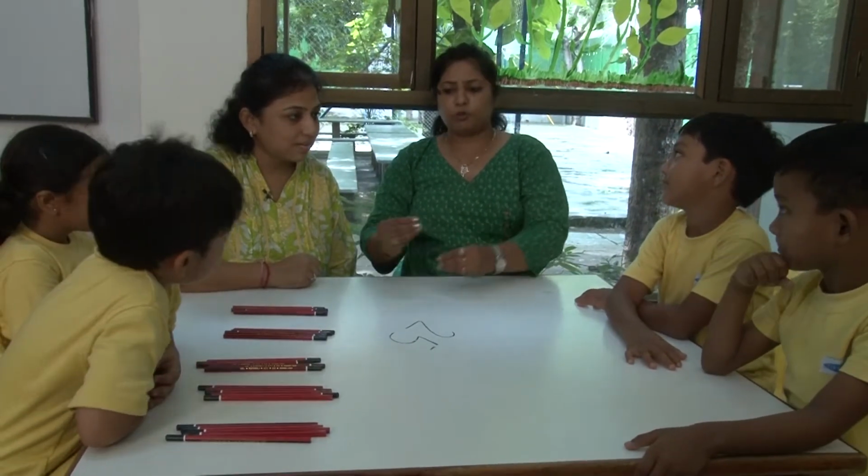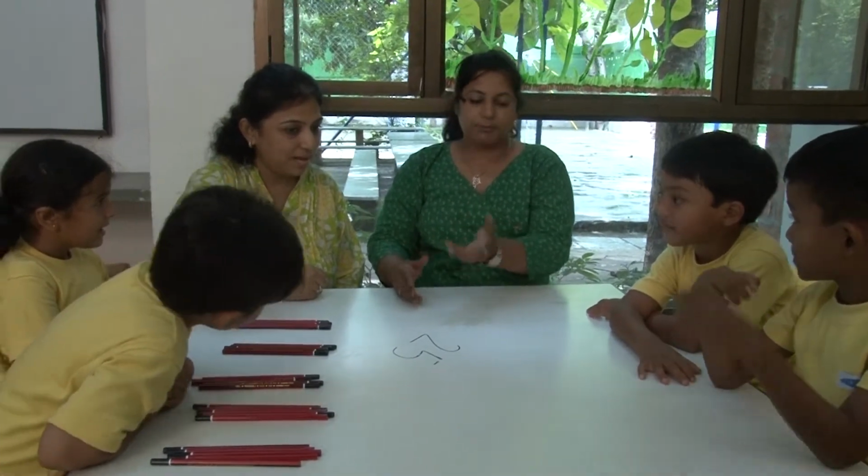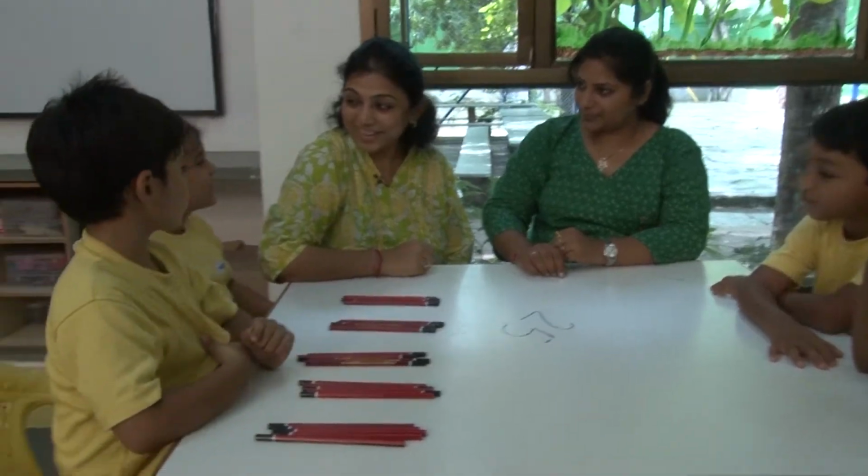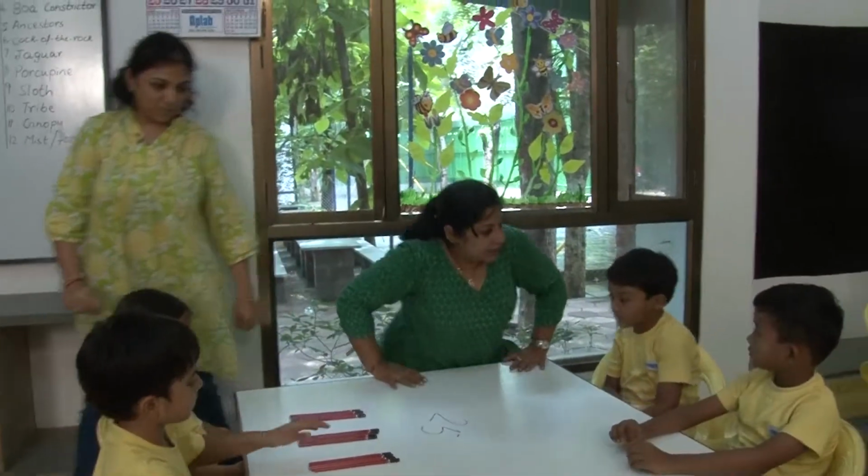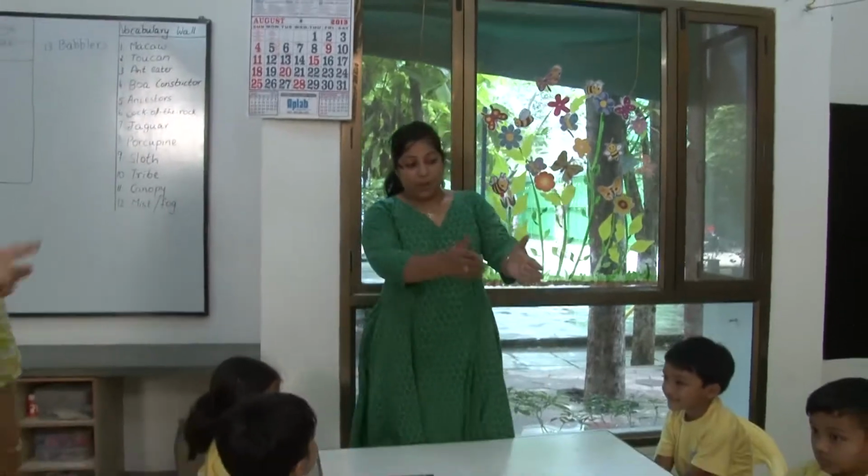I think it's making sense. Counting one by one, you have a grouping of 5. Yes, and we worked as a group also. Good strategy. Okay. And the last table, ma'am.